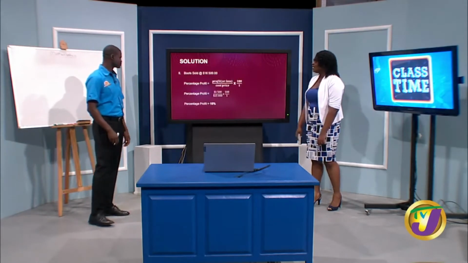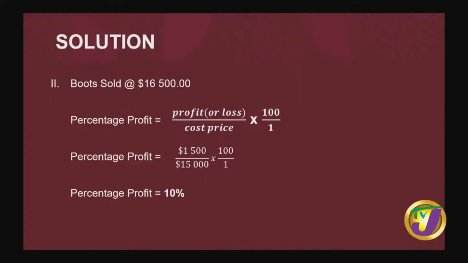All right. So part 2 of the question said, if the boots are sold at $16,500, we are now supposed to calculate percentage profit. We know that our cost price is $15,000, and the boots are now sold for $16,500. So we need to calculate our profit, and we find our profit by subtracting our cost price from our selling price. So it's $16,500 subtract $15,000, which would give us